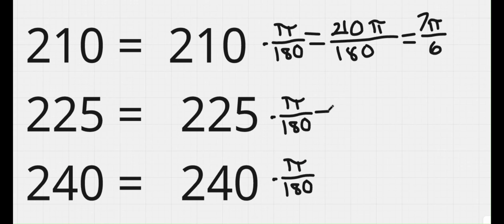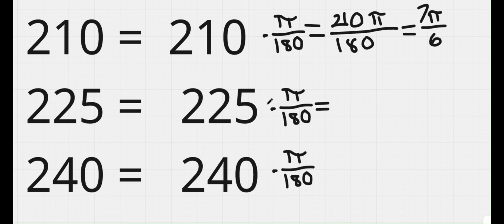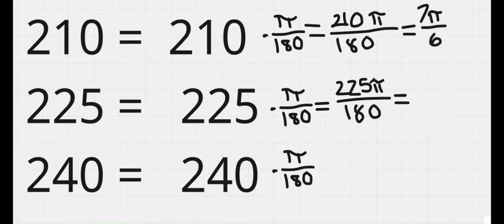Our next angle, our next degree of measure is 225 degrees. And 225 degrees as a radian is 225 pi over 180. Which can be reduced because both the numerator and denominator have a factor of 45, which is our greatest common factor. 45 goes into 225